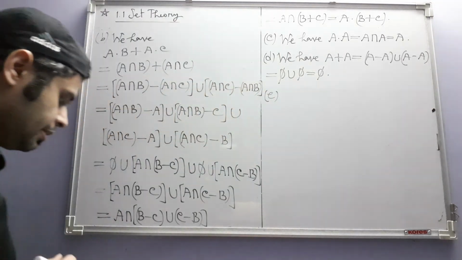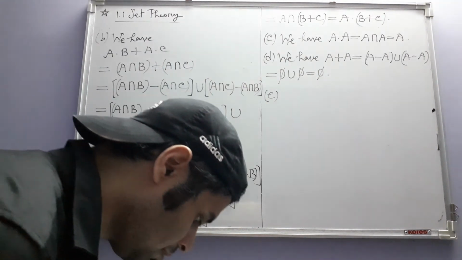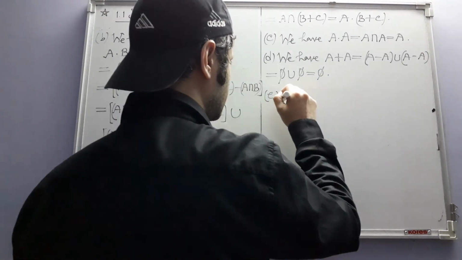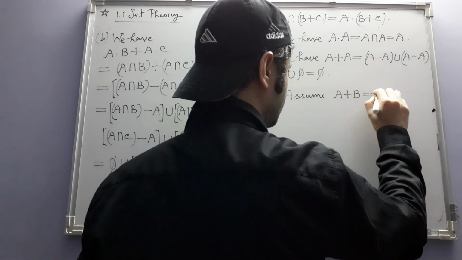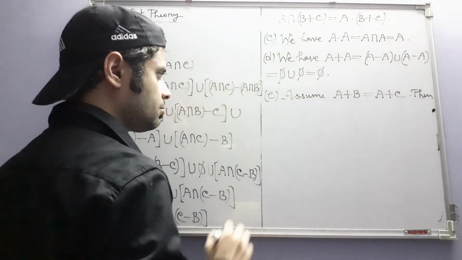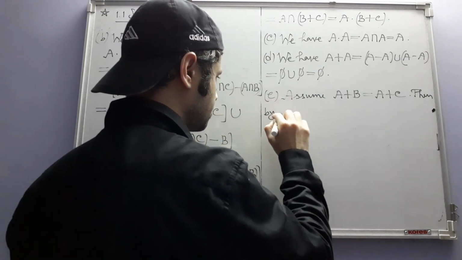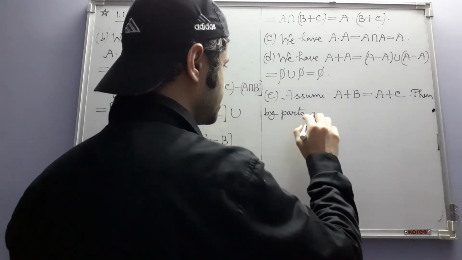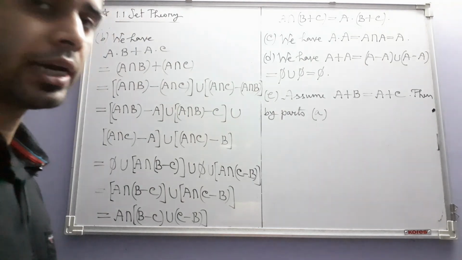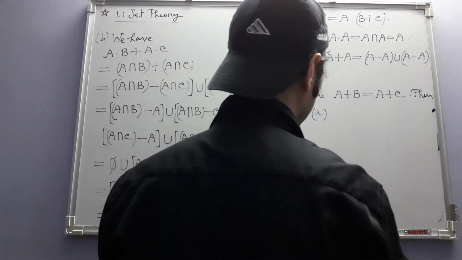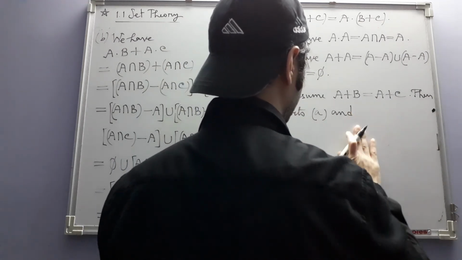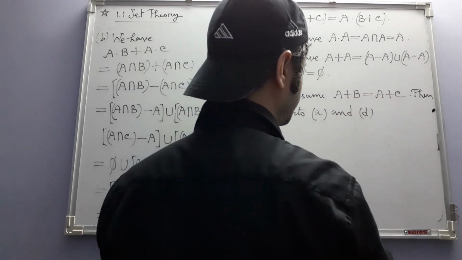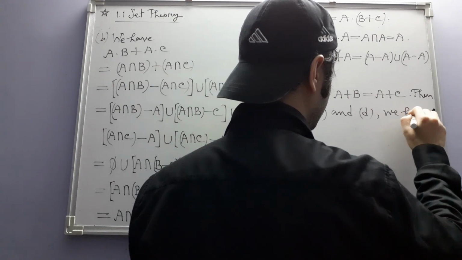And then E. E is a cancellation law. It is given that if A plus B equals A plus C, then B has to be equal to C. Okay, so assume A plus B is equal to A plus C. Then by parts A, that means where we have proved that addition is associative, part A and part D, we have written parts A and D. We have